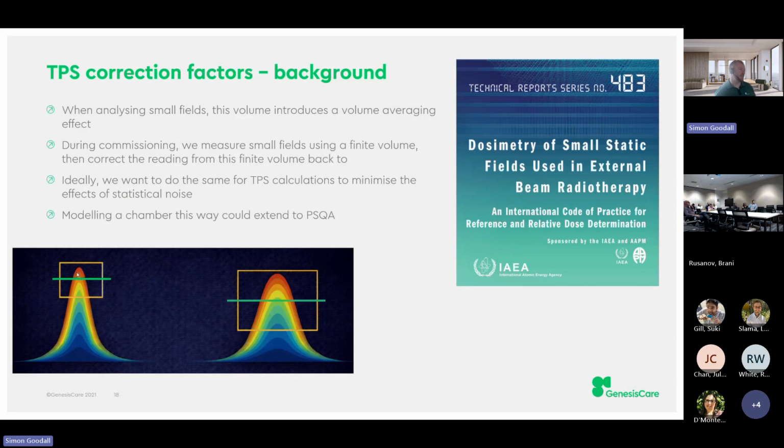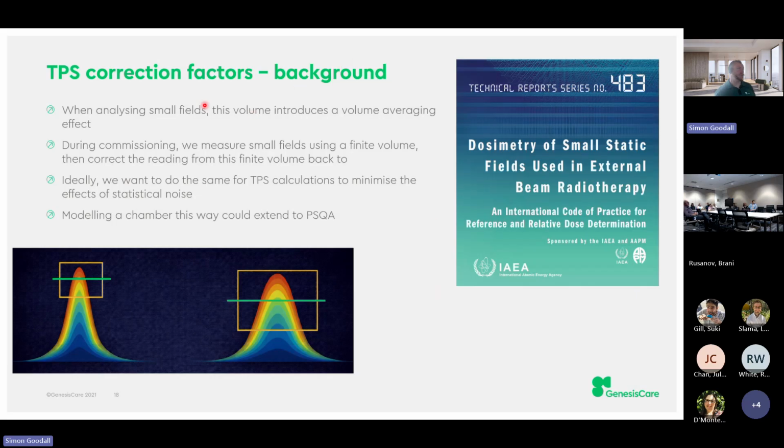Kind of what the green line looks like would be closer to the top. And if you measure over a bigger area, I just realized I didn't have that on, it drags your value down. So when it comes to measuring these things, there are some really well-defined practices: you use an ionization chamber or a detector with a finite volume, you measure the dose, and you can correct that back to a single point dose.